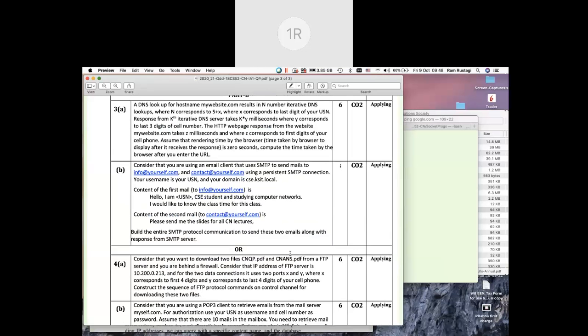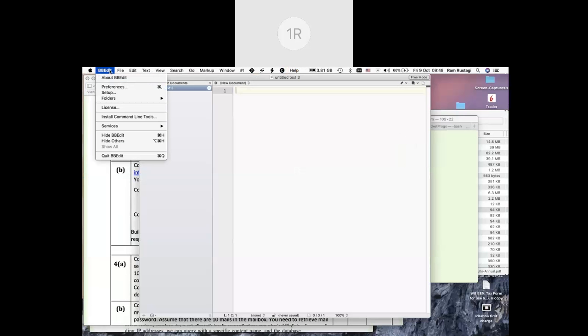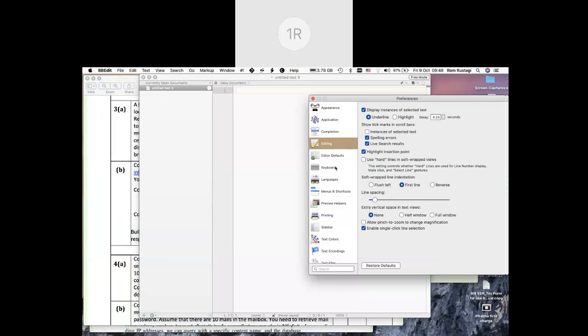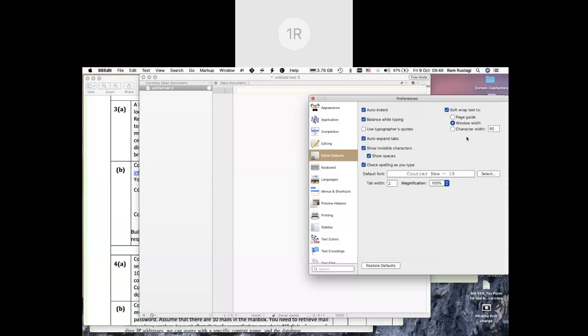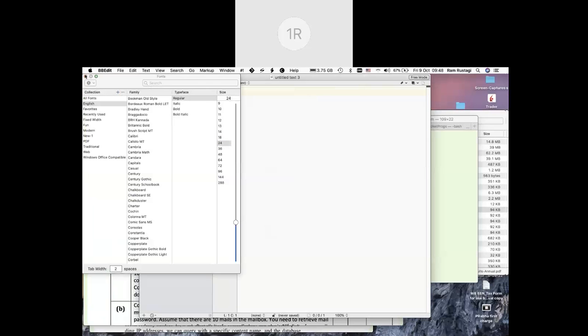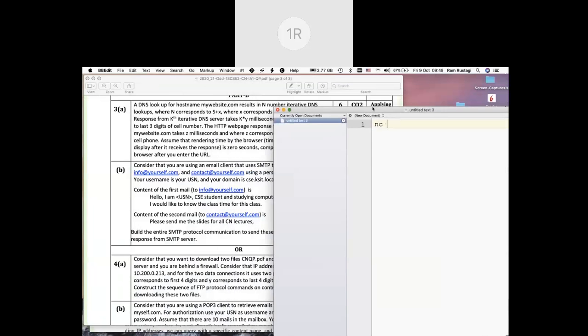Next was, I said, look at the SMTP protocol, and use persistent connections. That means you make a single connection to the server. So primarily your communication would be something like this. Let me change the preferences so that it becomes a little better. So first you basically connect, and then you say NC to the server, whatever the email server is.